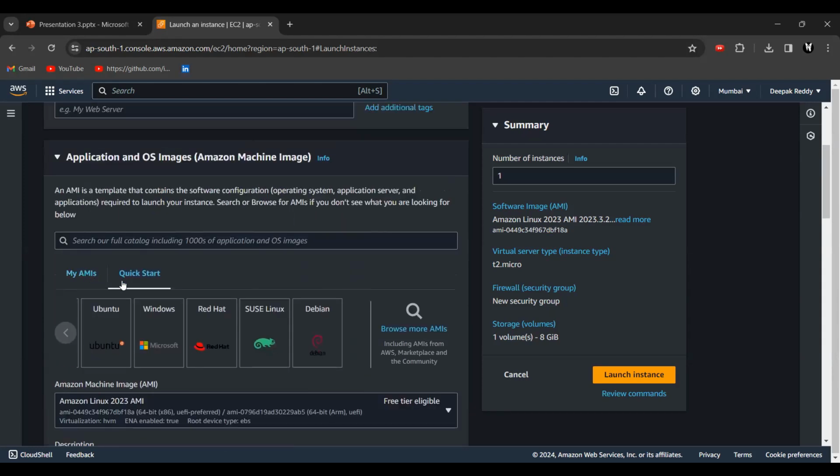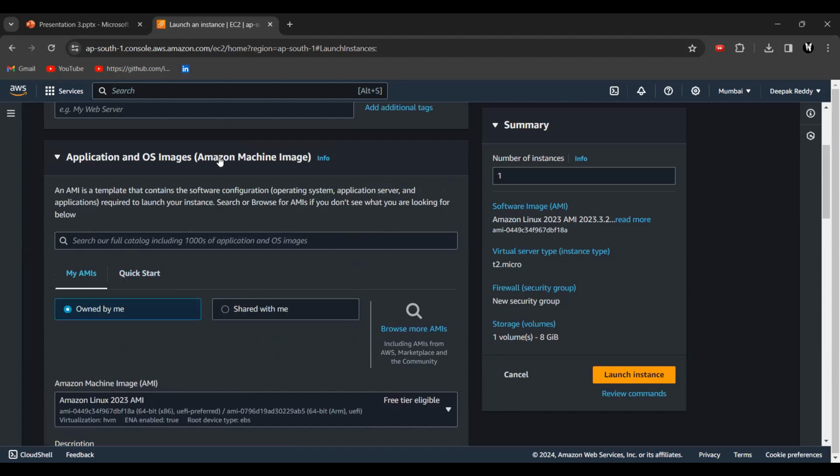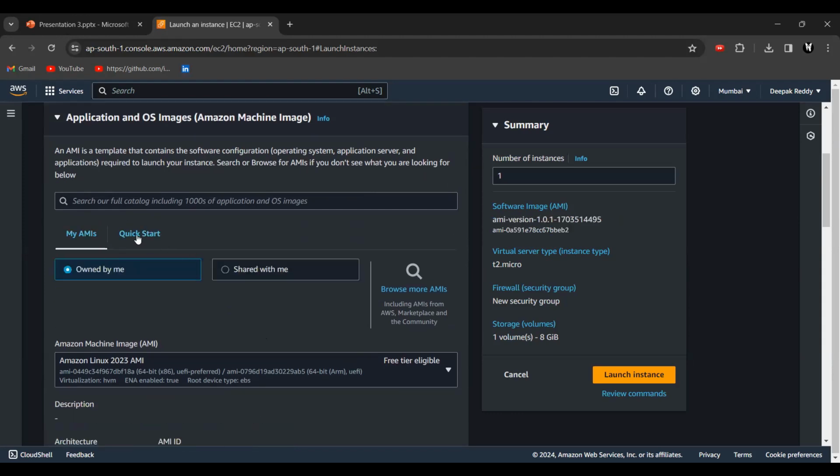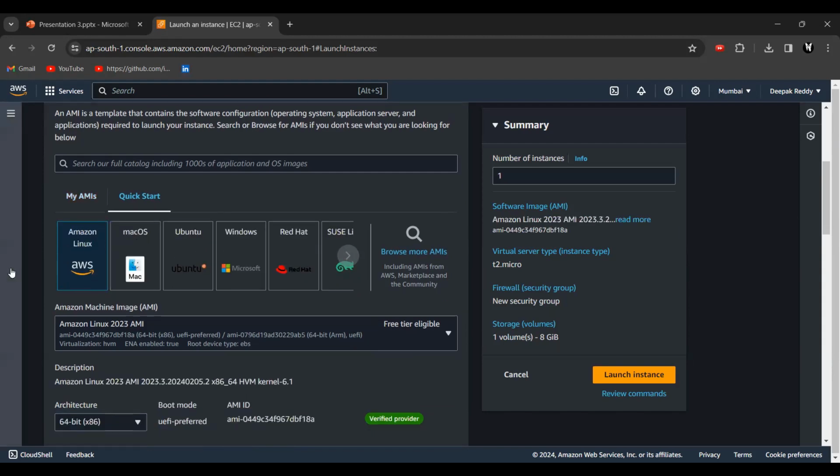Here, if you see, you have different flavors, but these are just the bare minimum OS, only the OS and some additional dependencies.